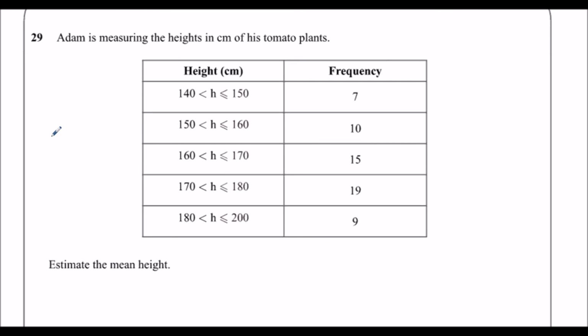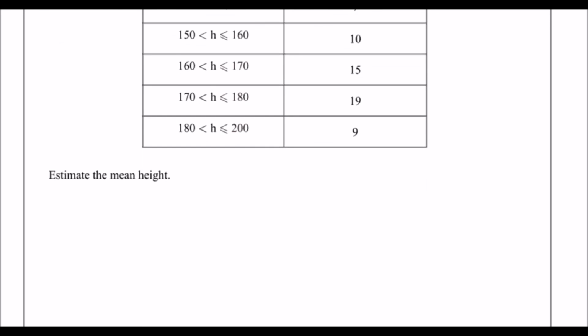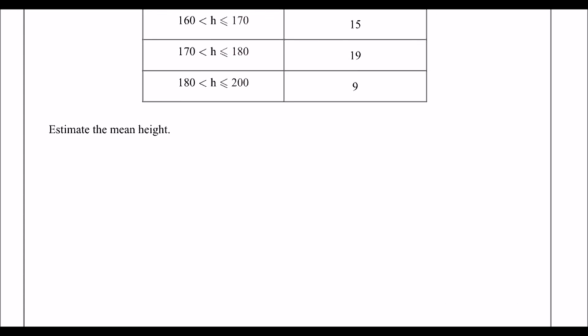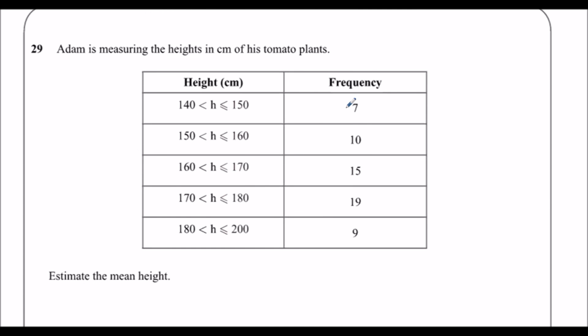Question 29. Adam is measuring the heights in centimeters of his tomato plants. Estimate the mean height. So we're going to estimate the mean. So we've got 7 plants in between 140 and 150. So the estimate, the best guess we can say, is we're going to call them all 145, the midpoint. So we're going to do 145 times 7,